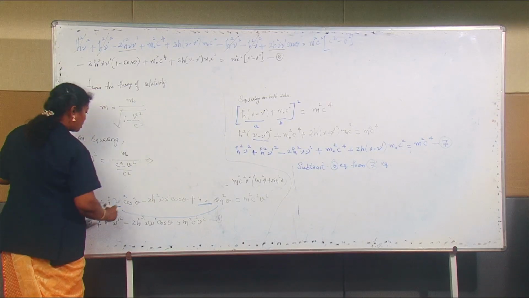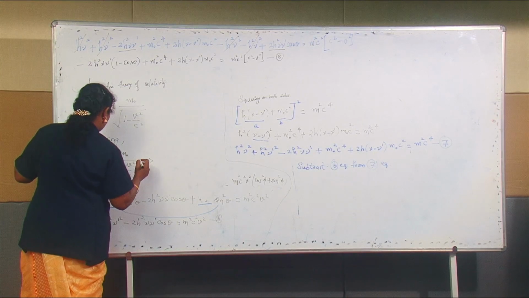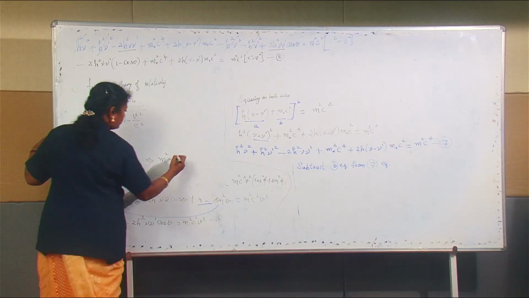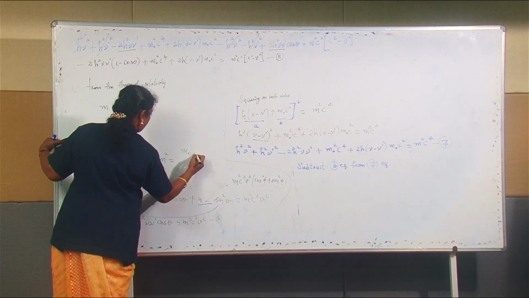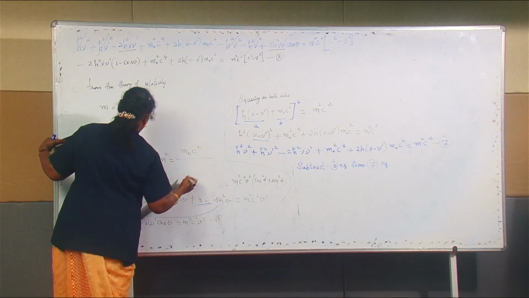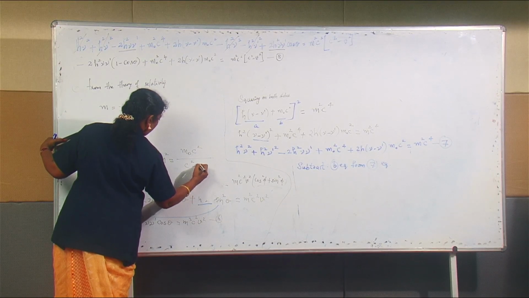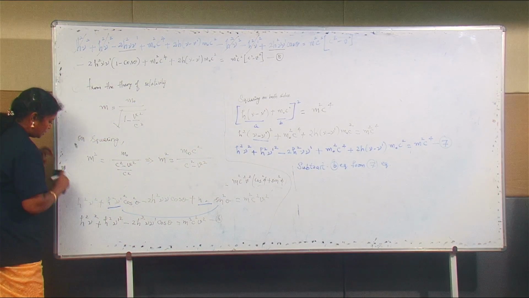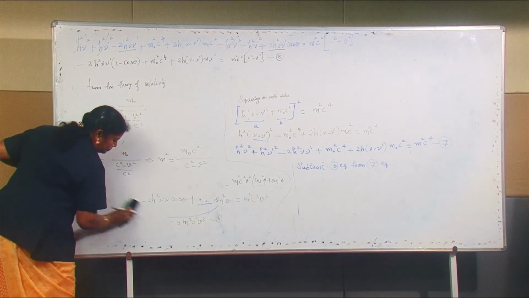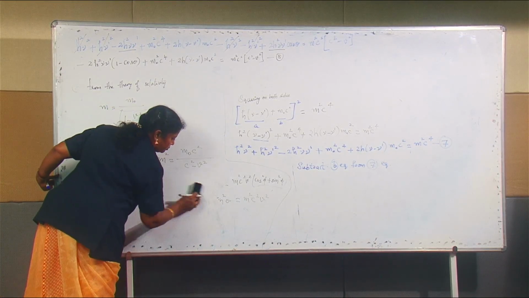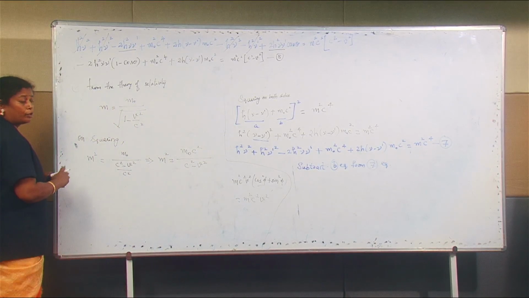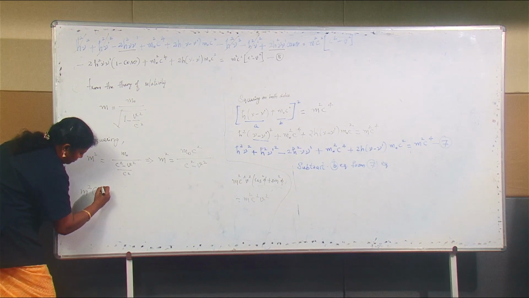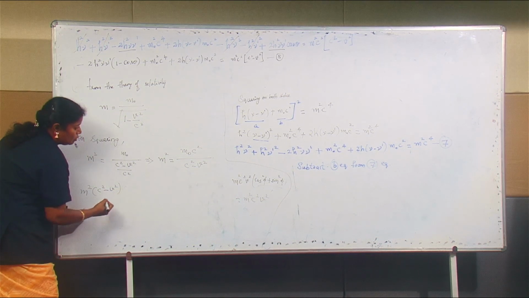We can bring this c squared to the numerator, so m squared is equal to m naught c squared by c squared minus v squared, and we can cross multiply these two terms. If we cross multiply, we get m squared c squared minus v squared is equal to